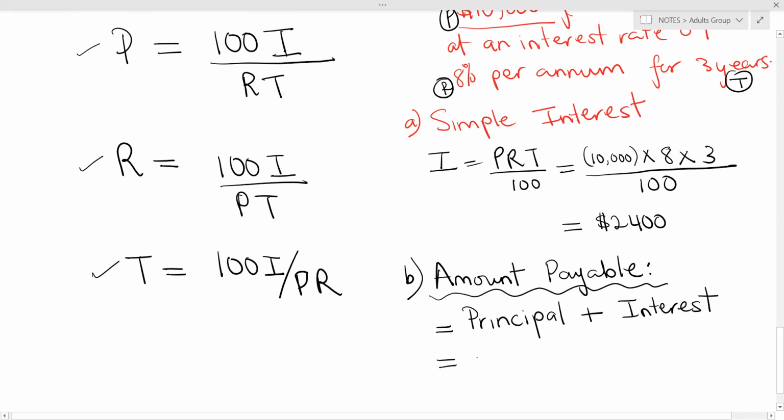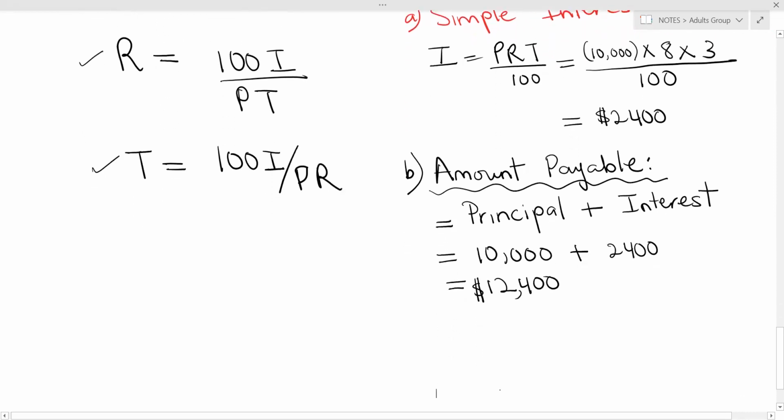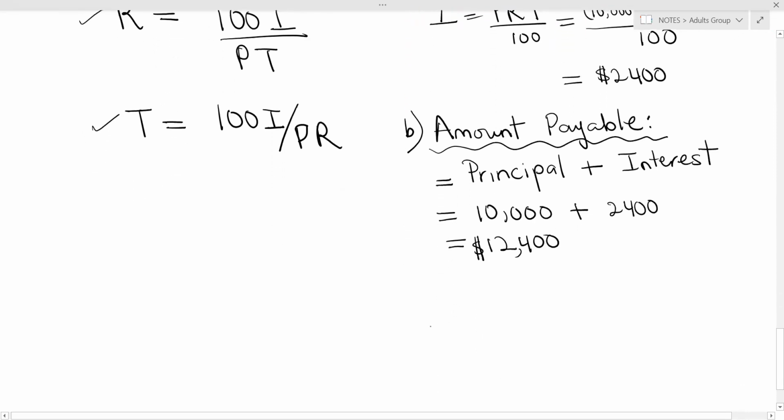So your principal will be $10,000. Add your interest, which is from above $2,400, which is equal to $12,400, and that's your amount payable. Now part C, if they ask you to determine the amount of each monthly installment,